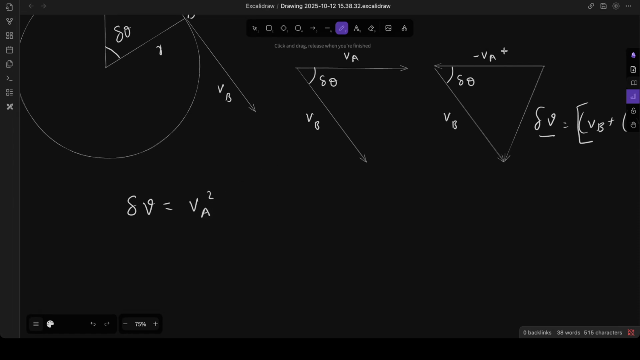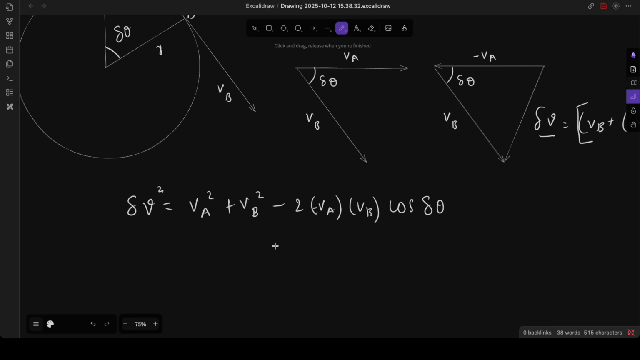Now if I square negative VA, it will be minus minus positive only, plus VB square minus 2 times VA negative, I'll put negative, VB cos of d theta. This is what we get, dV square, sorry. So dV square is equal to VA square plus VB square minus 2 times negative VA VB